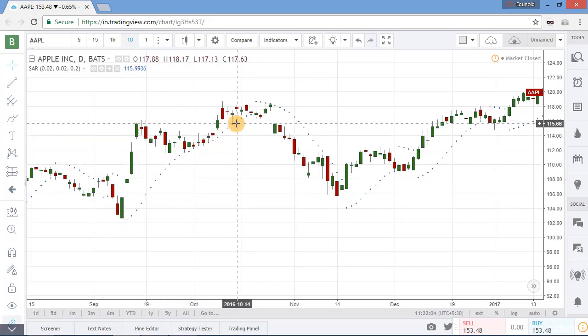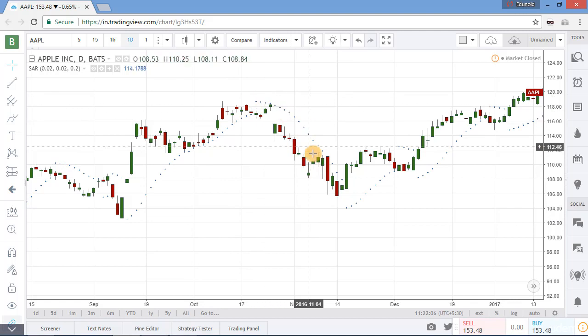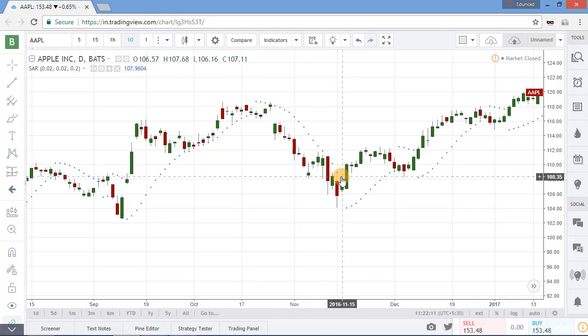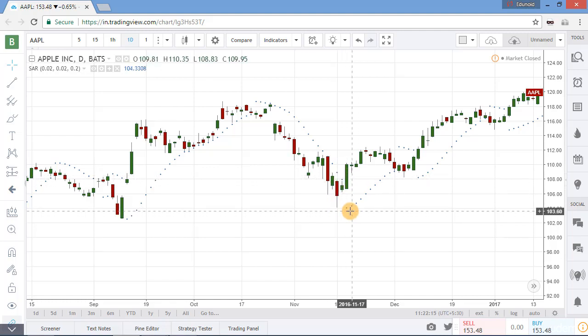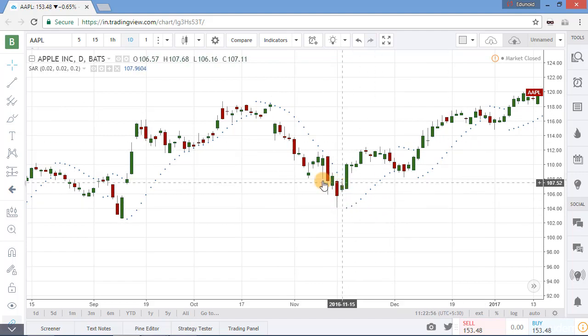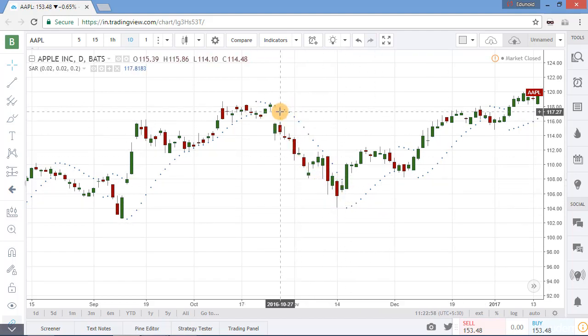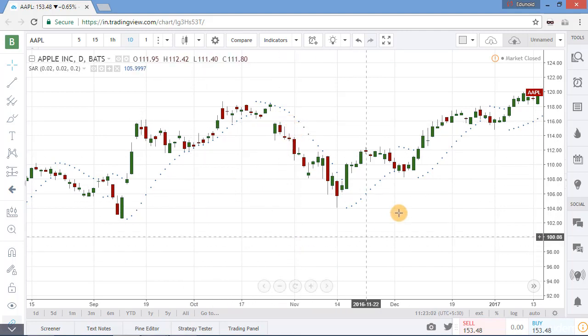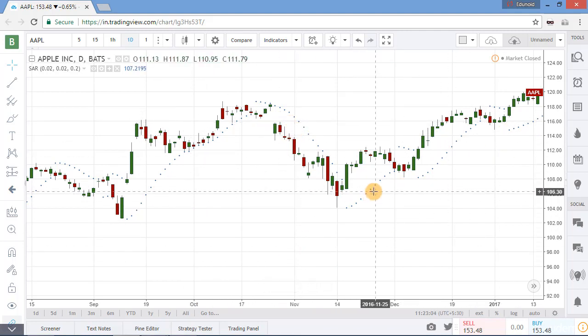This was the bullish trend and now the trend is in bearish mode. Now again the dot changes direction and is above the candle. Now this dot is below the candle, so it is a trend reversal sign and now the trend is from bearish to bullish. During a downtrend, these dots act as a dynamic resistance and during an uptrend, these dots act as a dynamic support level.